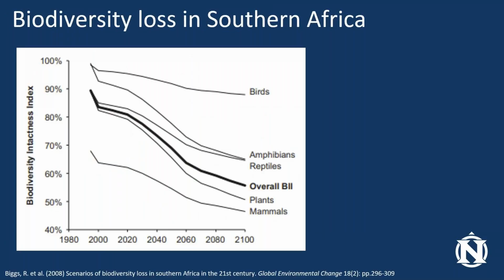So when we talk about biodiversity, all I want you to take away from this slide is that biodiversity is something that is crucial if we're looking at conservation in the 21st century. Historically, when we spoke about conservation, we were very much engaged in individual species conservation. So we would conserve pandas or rhinos or elephants. And while that's well and good, what we actually need to look at is what makes that system as stable and sustainable as it can be. And that is the combination of all of the biotic and the abiotic, so the living and the non-living elements